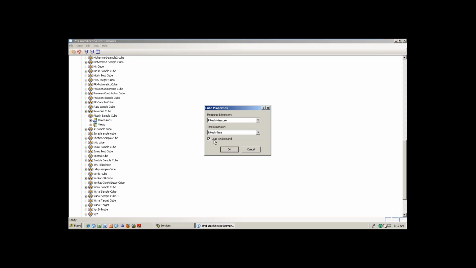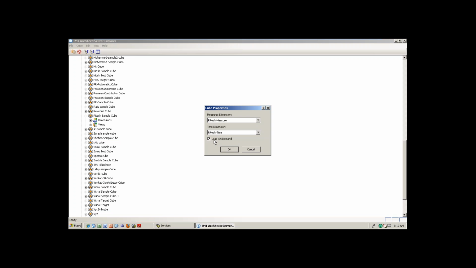That type of thing. It's related to the memory only, not for any other things. But we actually think that load on demand means it is permanently released from the memory. It's not like that. We have checked, and it's not permanently released. Whenever the TM1 server starts the next time, it is loading once again.